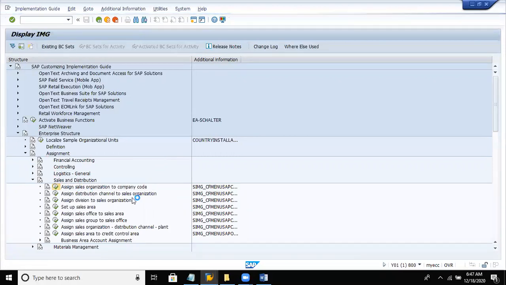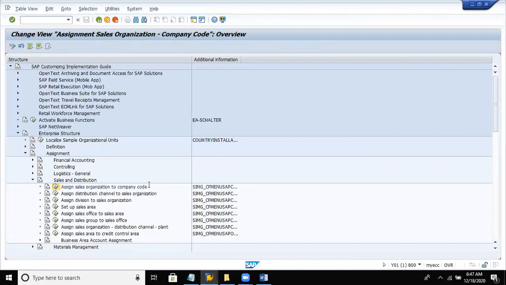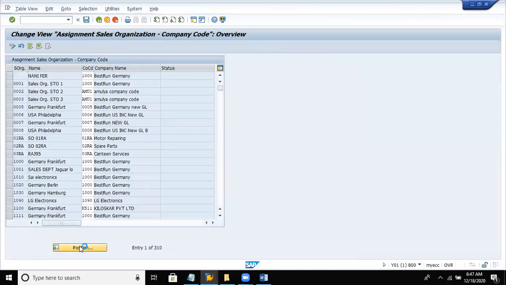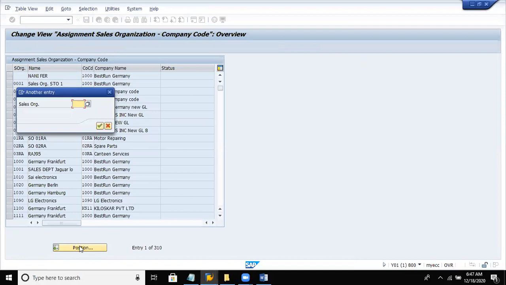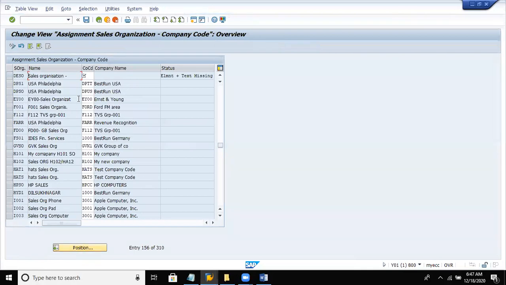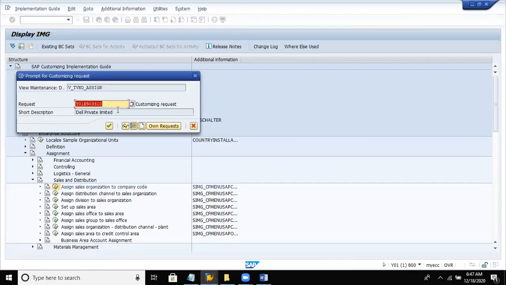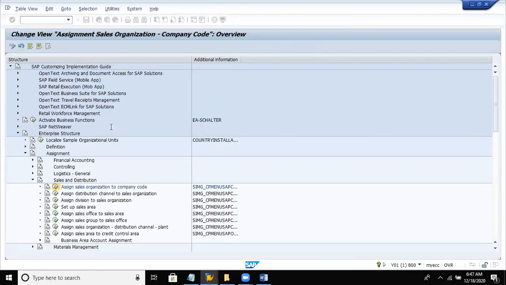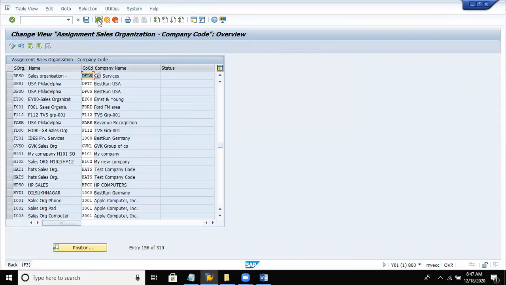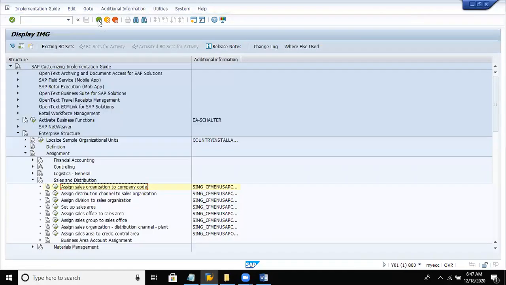So here we are going to assign it. Click on position, and our sales organization is DESO, what we have configured. Update your company code given over here. Enter, save. So we have successfully assigned our sales organization to company code.